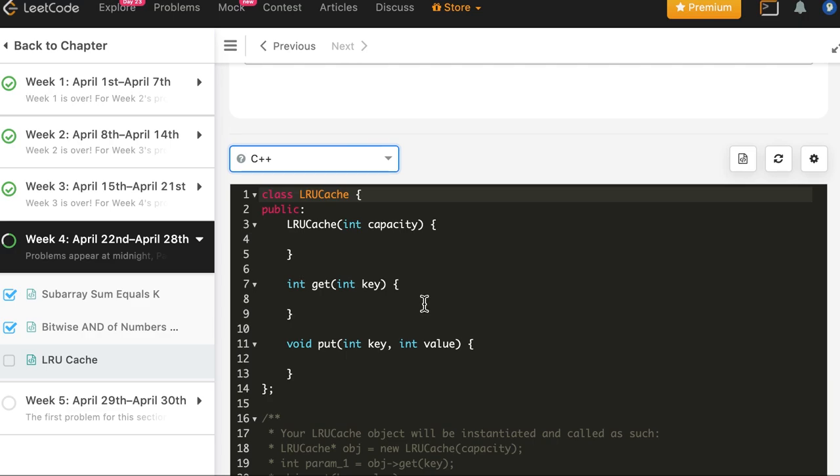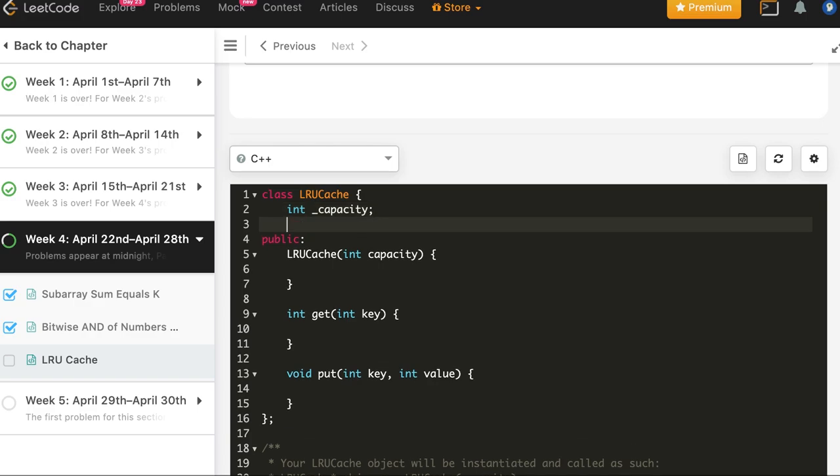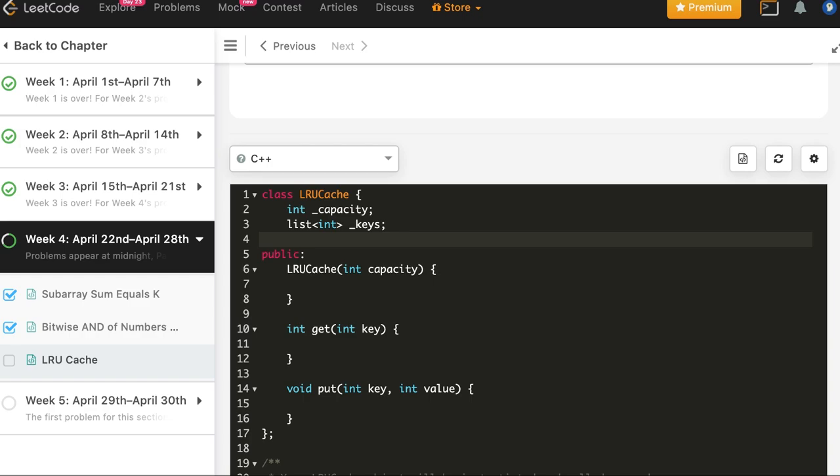So we have to first implement the constructor. So let's keep the private member variables. We will need capacity. Let's call it capacity. Then the list, we can call it keys. And then